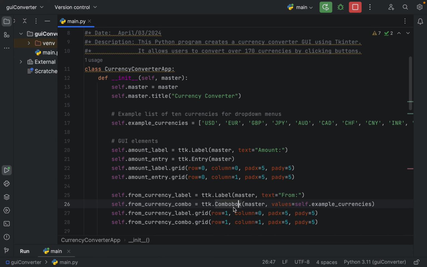Where should this combo box be? Inside the master, and the values should be self.example_currencies. Which example currencies? These example currencies. I want to show these 10 currencies as the combo box here. So where these example currencies will be shown, if I run it again,